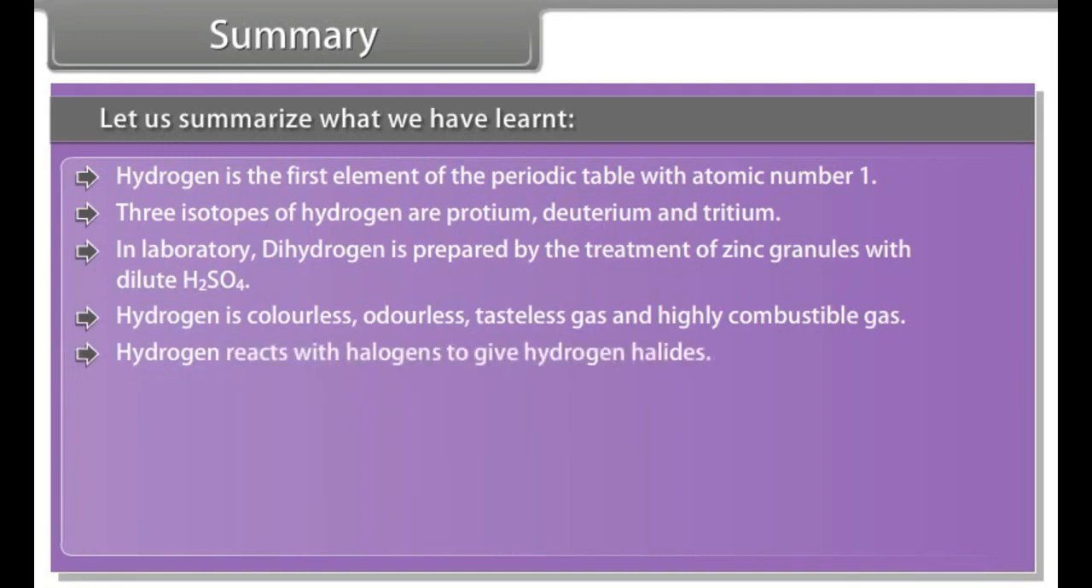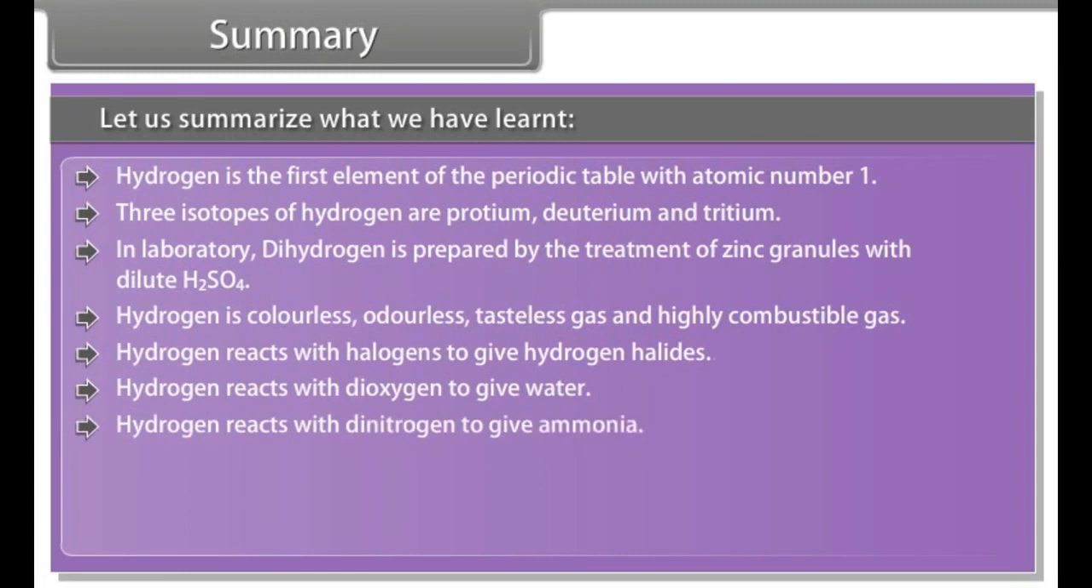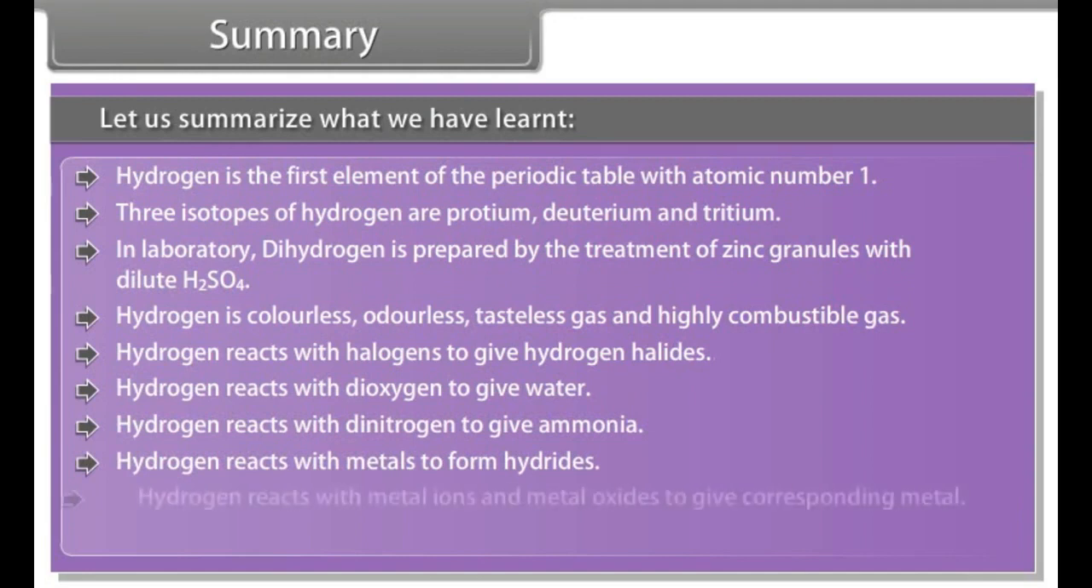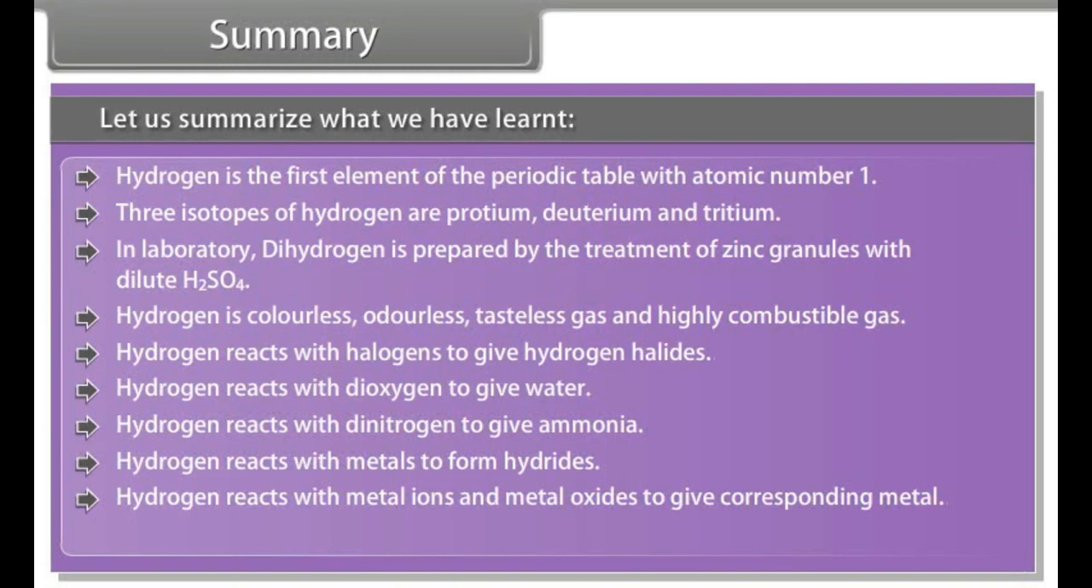Hydrogen reacts with halogens to give hydrogen halides. Hydrogen reacts with dioxygen to give water. Hydrogen reacts with dinitrogen to give ammonia. Hydrogen reacts with metals to form hydrides. Hydrogen reacts with metal ions and metal oxides to give the corresponding metal. Hydrides can